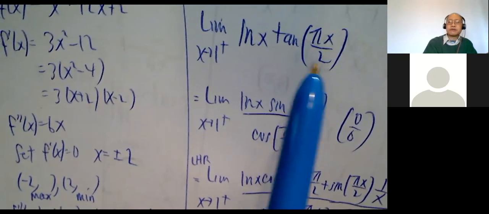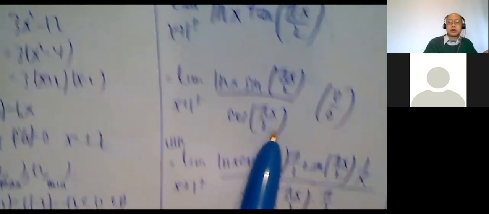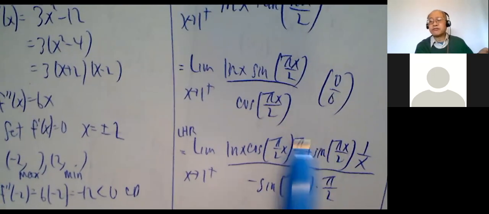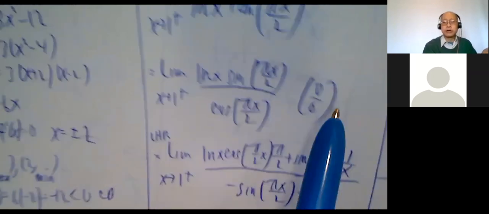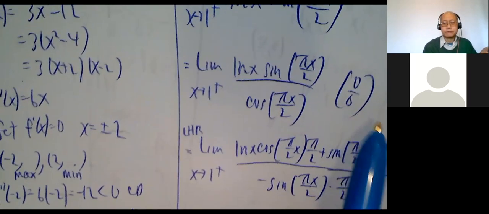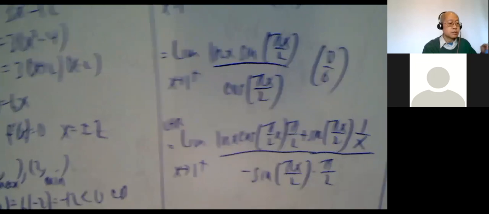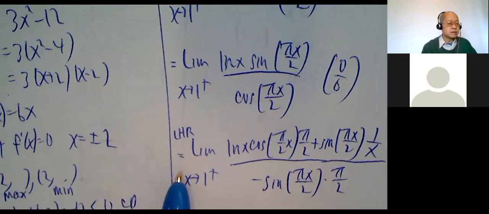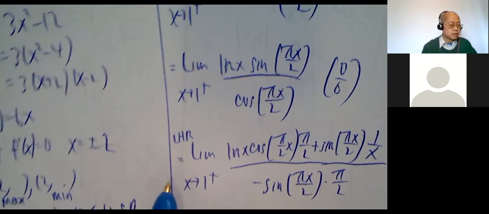And by the way, tangent of pi over 2 is also 0. Okay, how about the bottom? I plug in 1. I'm taking the cosine of pi over 2. That's also 0. So it is 0 over 0. So L'Hopital's rule does apply,